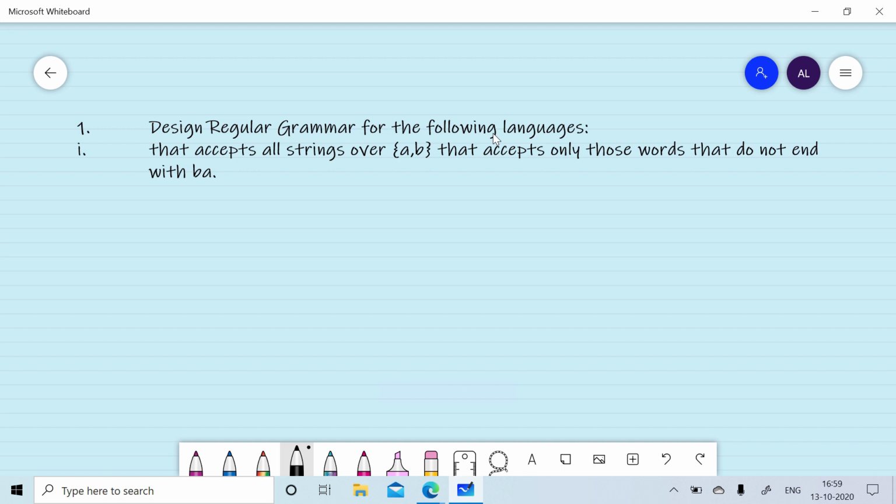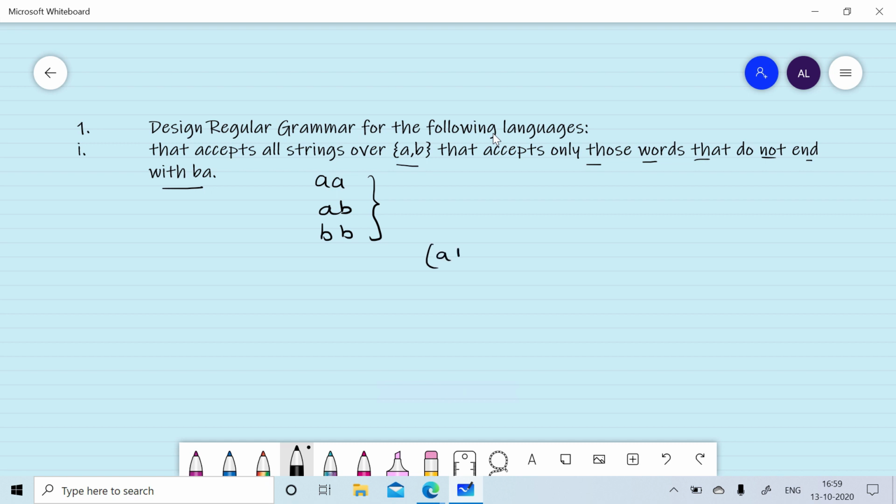In the first problem, we want to design right linear grammar or regular grammar over A and B that accepts only those words that do not end with BA. So words can end with AA, AB, BB if the length is 2 or more.